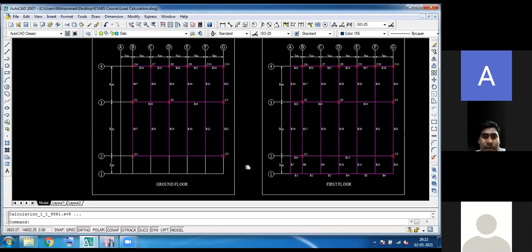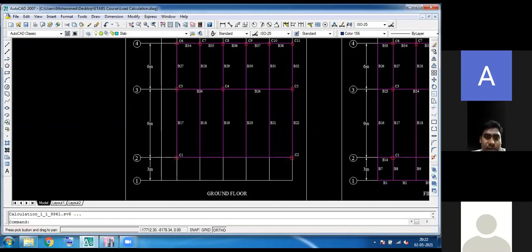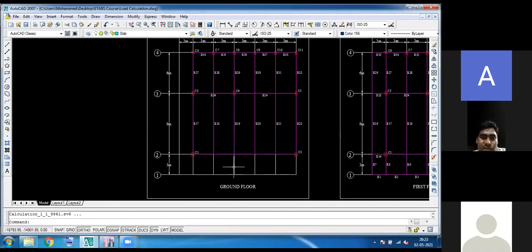So this is the ground floor, first floor, as well as the terrace floor. This is the grid drawing as well as the beam column layout. Basically, if we have a line plan, first of all we need to finalize the structural elements, that is beam, column, and slab, and their dimensions as per the IS code provisions. We use IS 456, IS 13920, IS 1893, and some other codes for the preliminary sizing of the building.